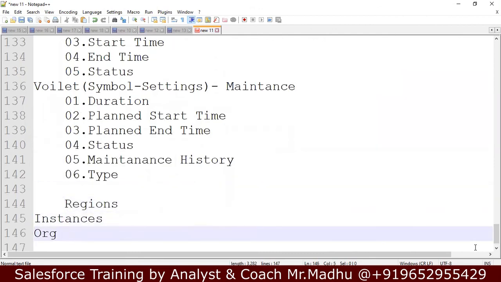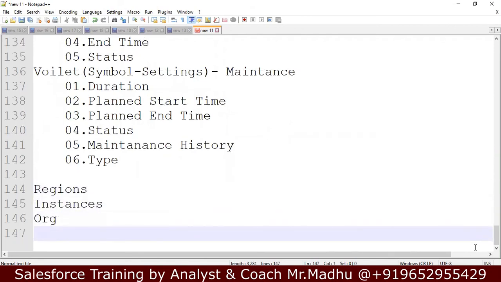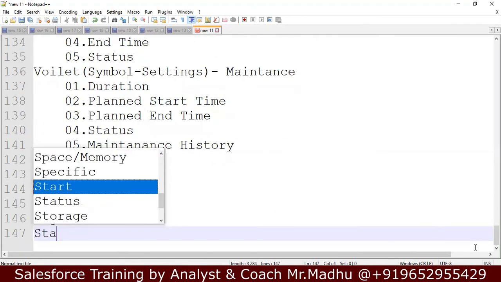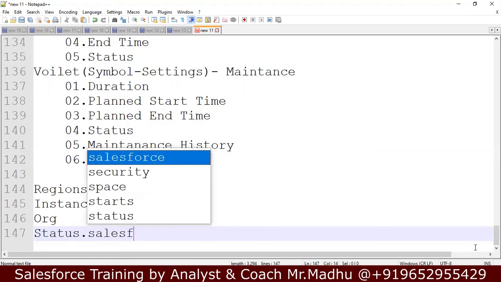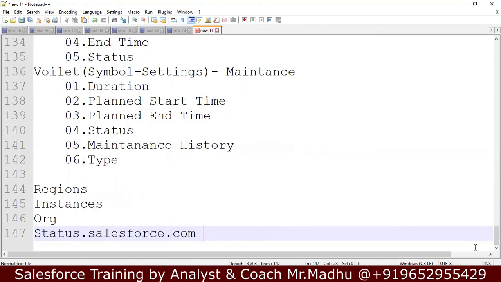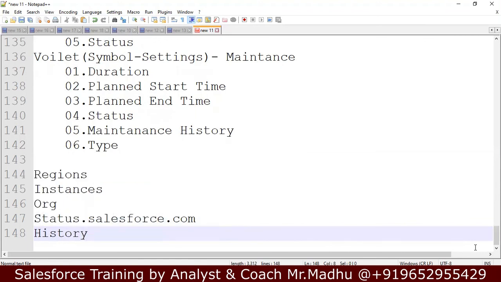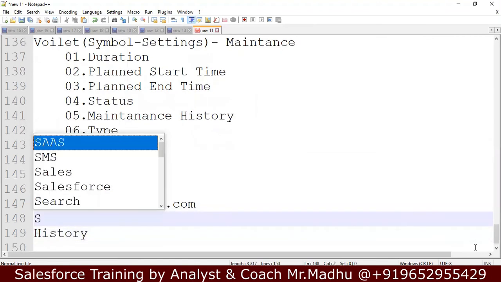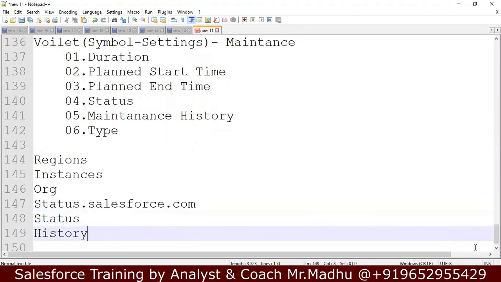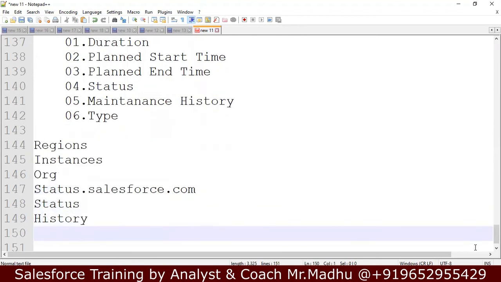And in status.salesforce.com, we have seen history, status of the server, and history, and maintenance information. These three things we have seen.